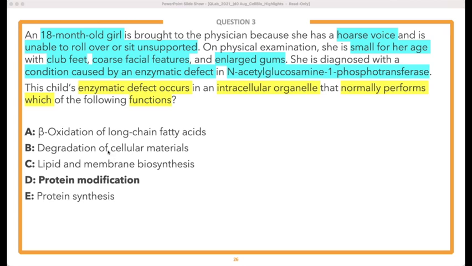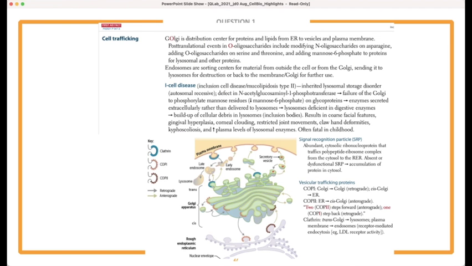This is a defect in the condition of I-cell disease, okay? So let's look real quick. We'll see, this patient has club feet, coarse facial features, enlarged gums. Let's take a look at the next slide, and I believe there's a slide on I-cell disease and cell